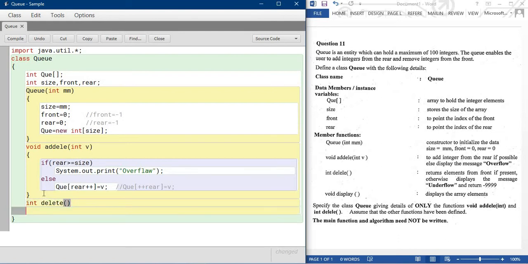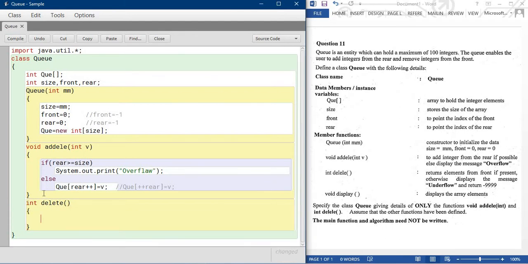In this method you can see it is written clearly: return the element from front if present, otherwise display the message underflow and return -999. So first we need to check if your front is less than 0 or not. If less than 0 it means there is no value. If 0, then it contains a value.